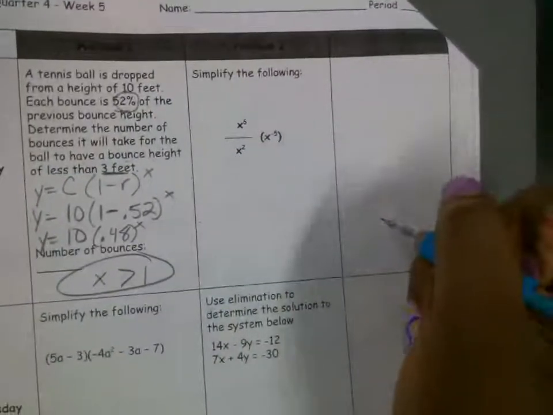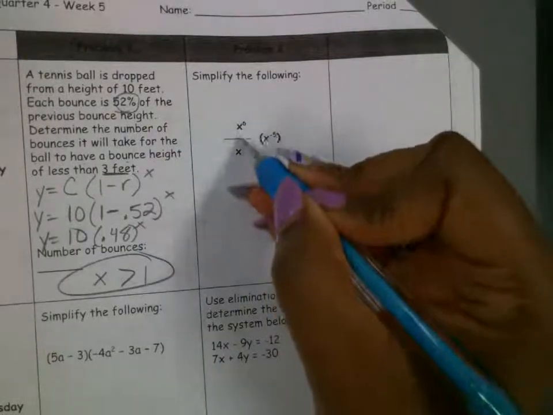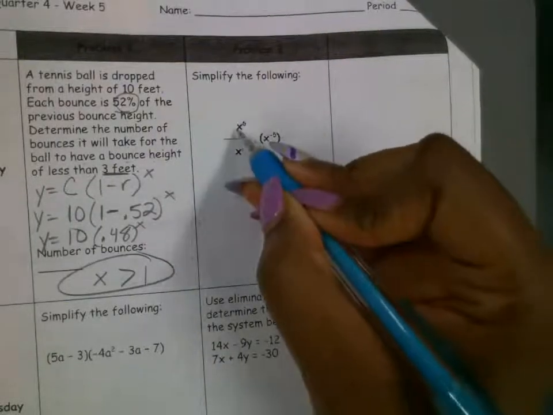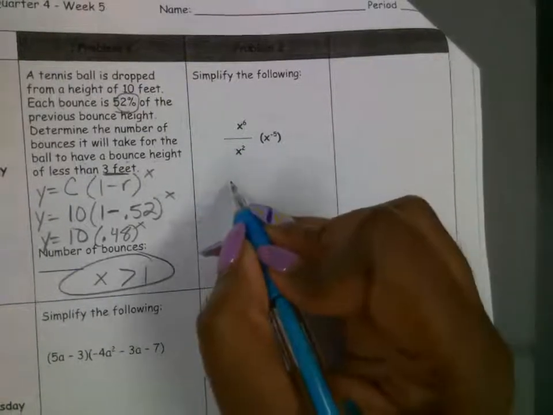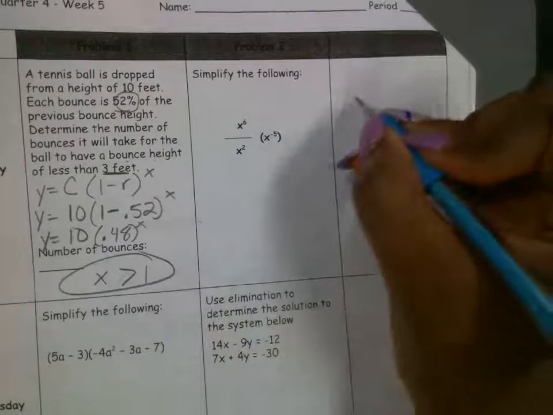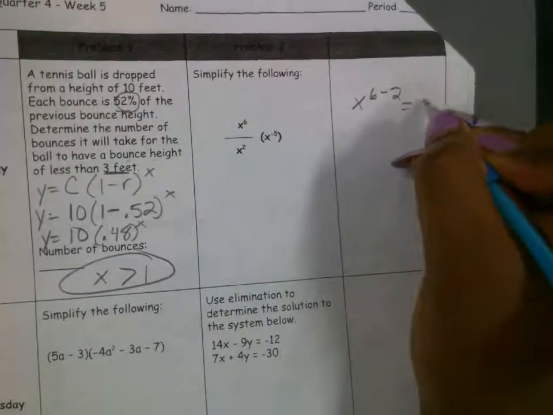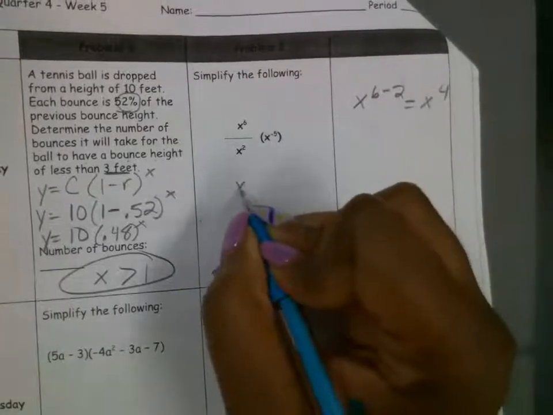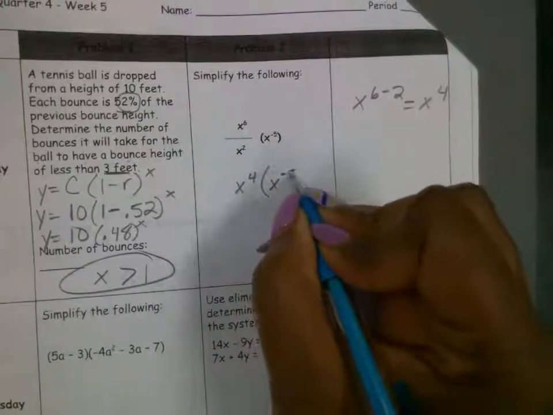Ready? First thing that we're going to do is division here. How do we do this right here? How did we divide x to the 6 divided by x to the second? You subtract that. Subtract the exponents. So that's going to be x to the 6 minus 2. What's 6 minus 2? 4. X to the 4. So we got x to the 4th times, now we got x to the negative 5th.